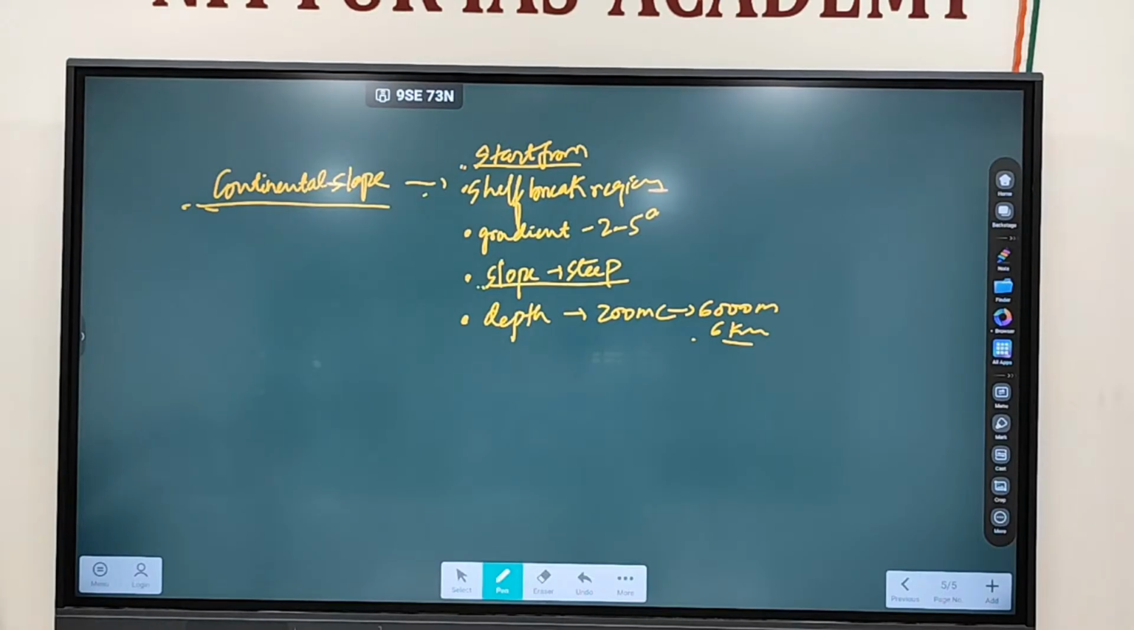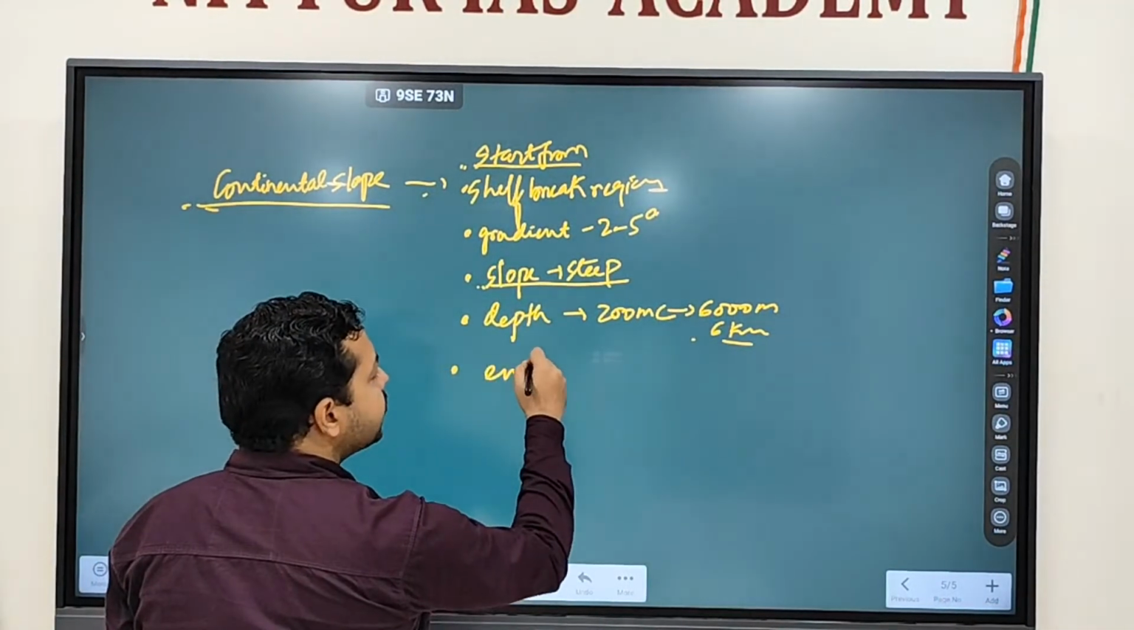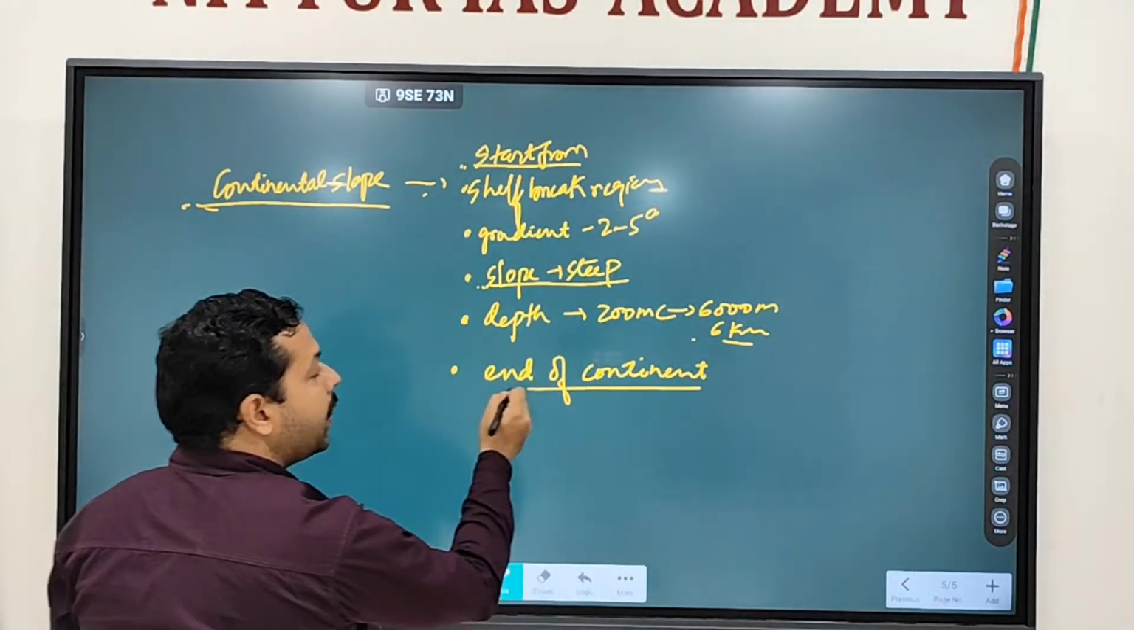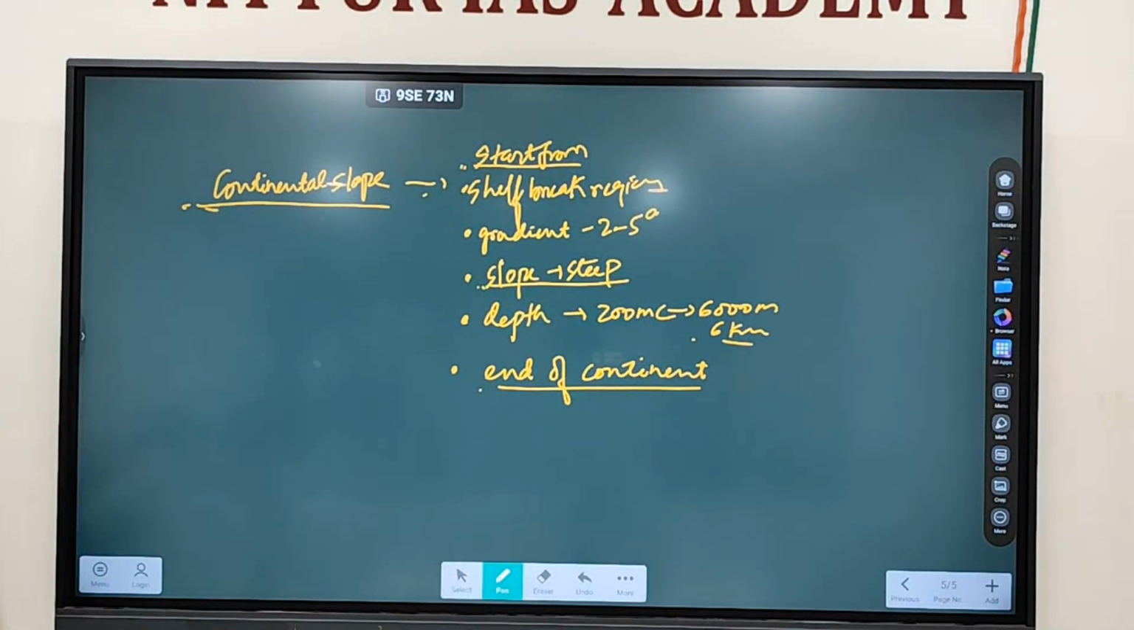Fine. The continental slope marks the end of the continent. Clear? So if you see this particular part,